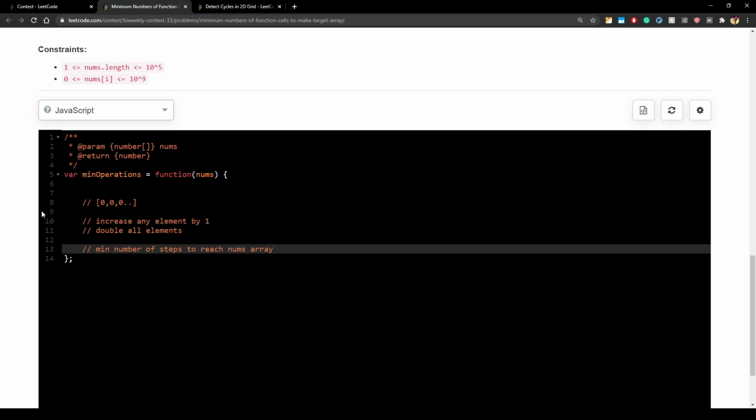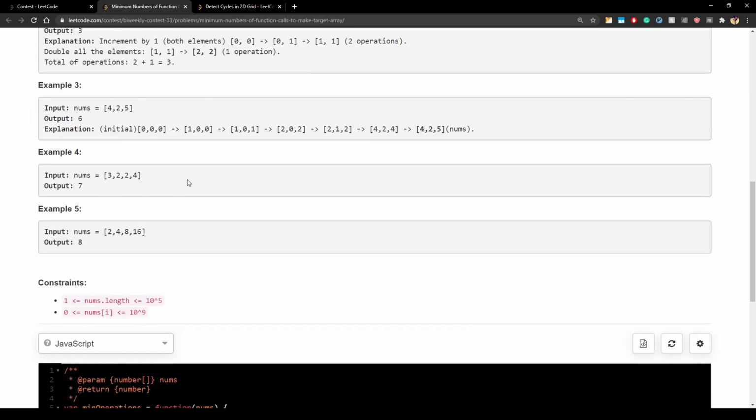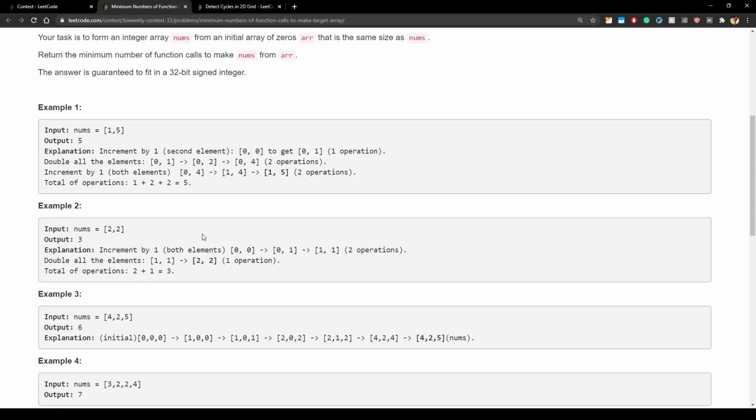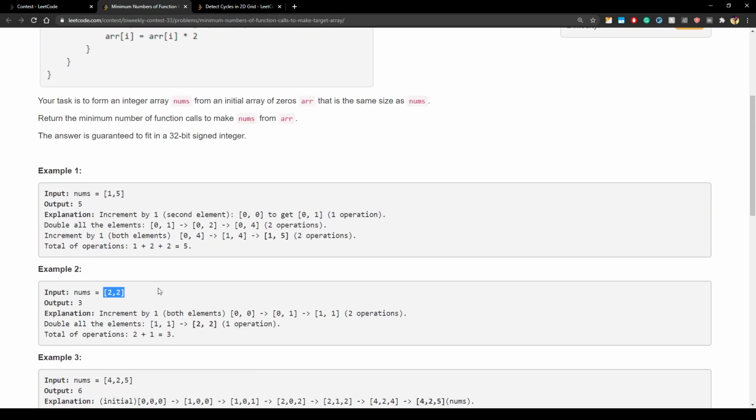We can actually try to simulate this process, like what they are saying. What I initially thought to do was do this process in reverse, right? For example, if you had 2 comma 2, just keep dividing everything by 2. So you divide everything by 2, it becomes 1 comma 1. Now you can't divide everything by 2, so you keep subtracting ones, right? So basically we are reversing the process.